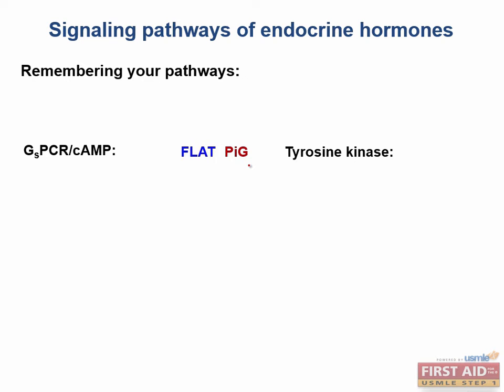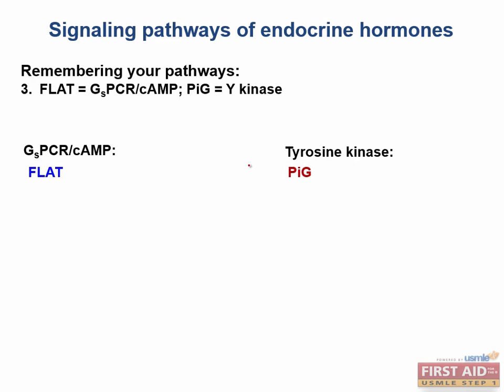This is an awesome pattern, because even though there are more cAMP and tyrosine kinase pathway hormones than just these, you can use the hormones you've got here to derive the others. I'll try to keep things trim and high yield. Let's start off with the hormones that use the tyrosine kinase pathway. We just talked about prolactin and GH, but what was the other hormone we went over that uses a similar pathway? It's insulin. Remember that slide where I animated the whole...